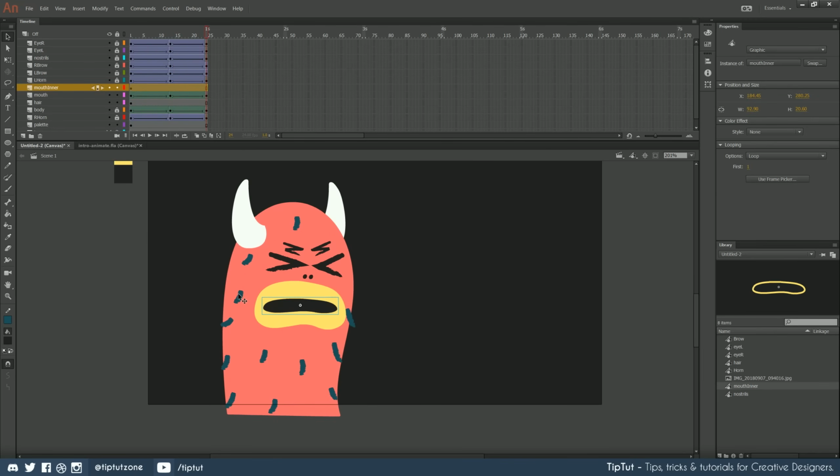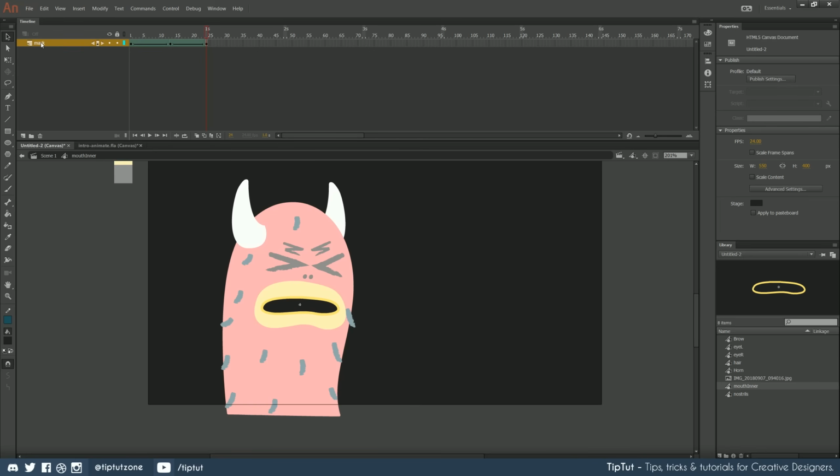Okay, we now need to create the mask for the teeth and the things inside of that mouth. So the rest of this is going to be done inside the mouth layer. We'll take that mask, we'll duplicate it, and we'll call the one underneath lips bottom for now. We may not end up needing it, but it's good just to have. Okay, now let's create a bunch of teeth for this guy.